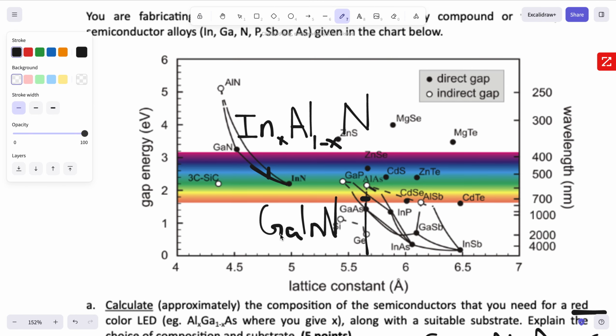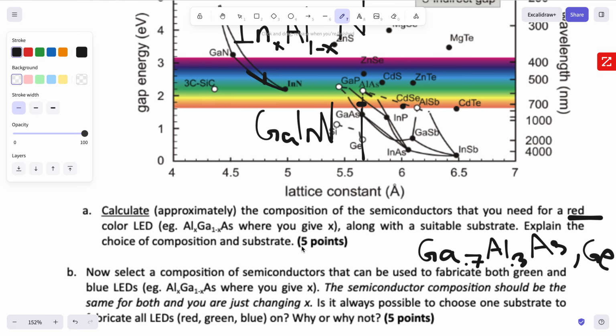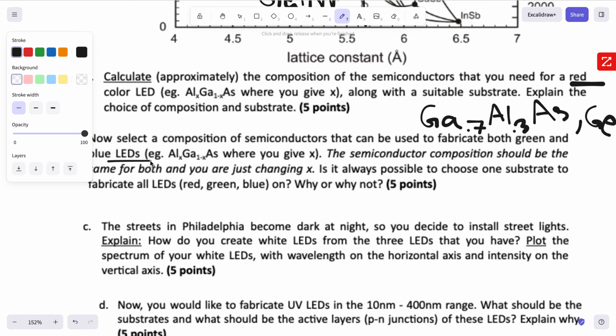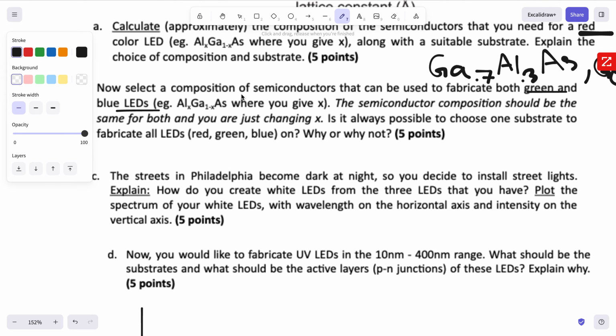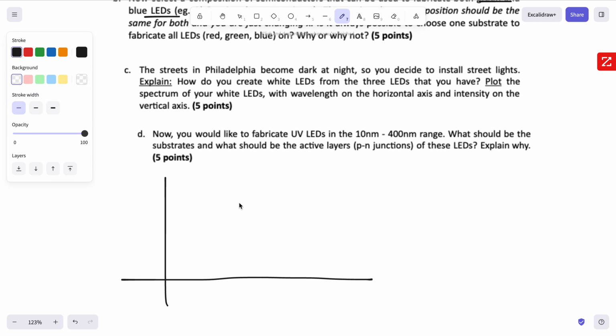In that case, we would take the blue LED, the green LED, and the red LED we just made, and put them together, and it would form an emission spectra,